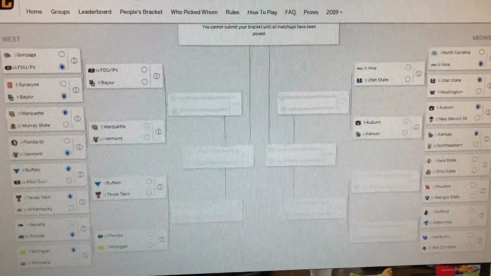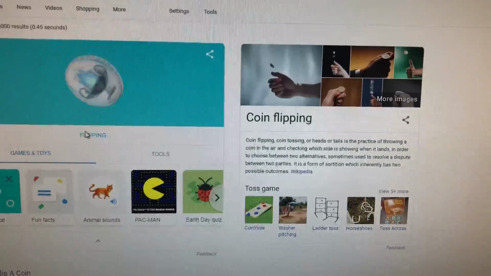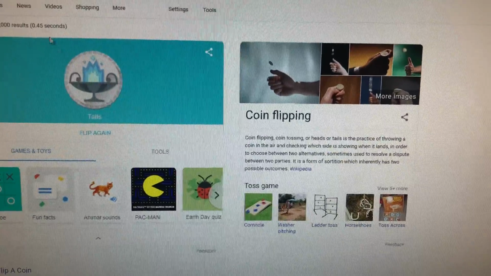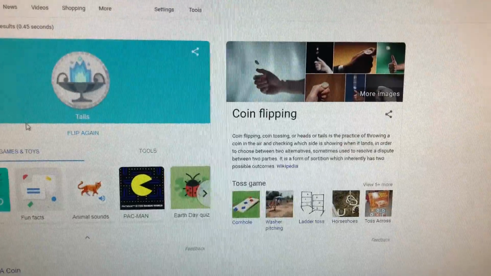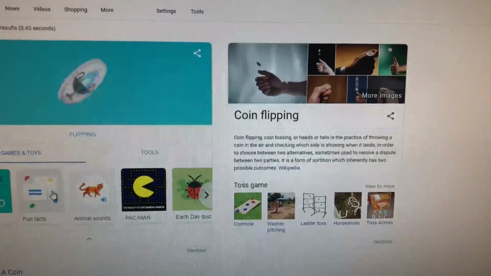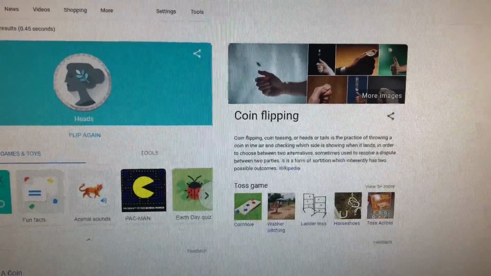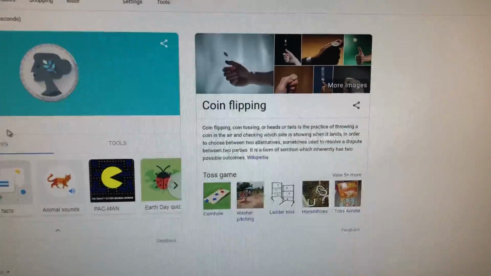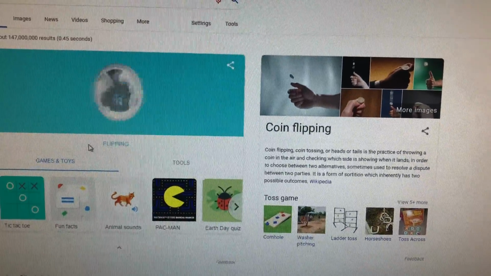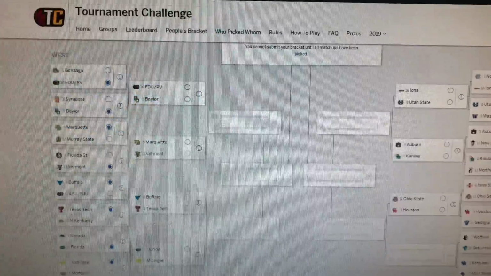Next up, we have Iowa State and Ohio State. We'll see who gets the dub here. It is Ohio State, the 11 seed moving on. Houston and Georgia State. We'll see if another 14's moving on. Will we have another higher seed? We will not. We have Houston moving on as the 3 seed there. Wofford and Seton Hall. I think this one will probably be one of the best games, if not the best game of the first round. We have Seton Hall moving on there.